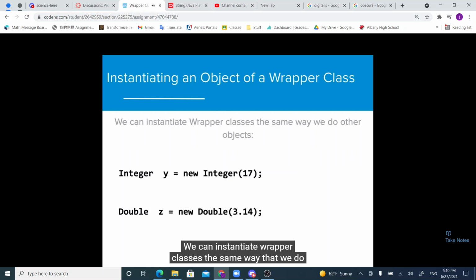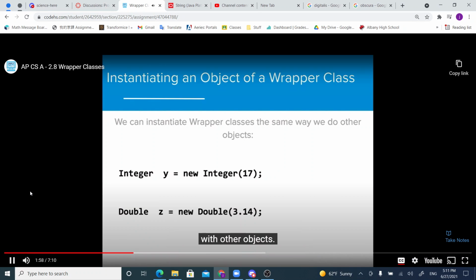We can instantiate wrapper classes the same way that we do with other objects. Creating an integer object requires us